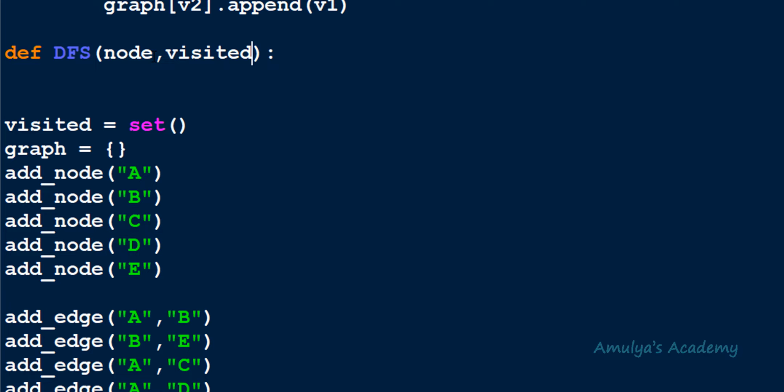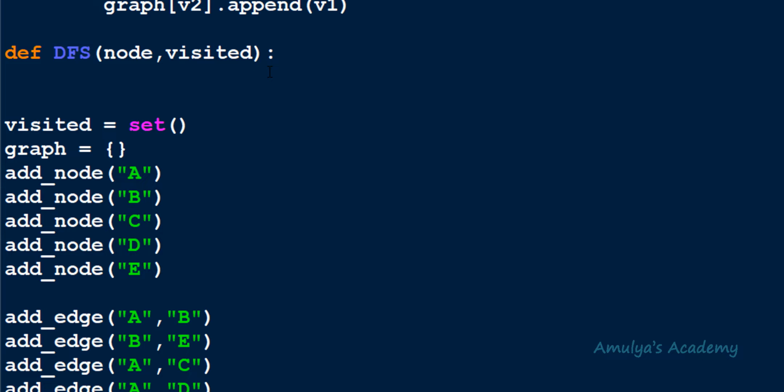Now my question is, why can't I create this visited set inside the DFS function? Why create that outside the function, and why do I need to pass that as the parameter to the DFS function? That is because here we are writing a recursive function, right? Recursive function means we are calling the DFS function again and again. And at that time, we don't want to reset the value of visited set. That's why we need to define this outside the function.